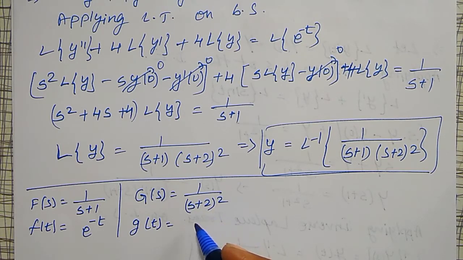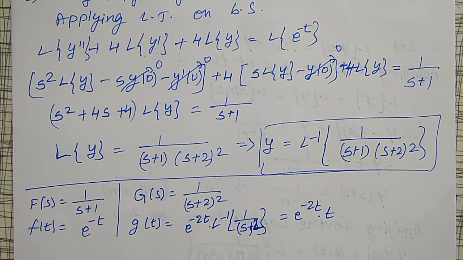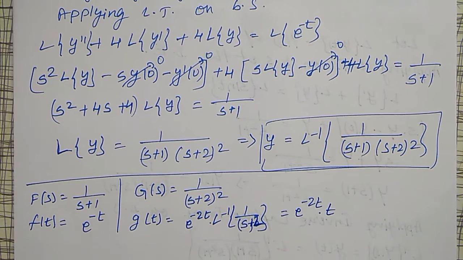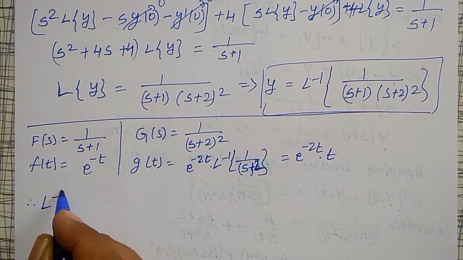I will write it as e to the power minus 2t into the inverse Laplace transform of 1 divided by s plus 2. Sorry, s plus 2 is replaced by s, that's why it will become square. Therefore e to the power minus 2t into t is my g of t now. Okay, using f of t and g of t, let me write this convolution as,